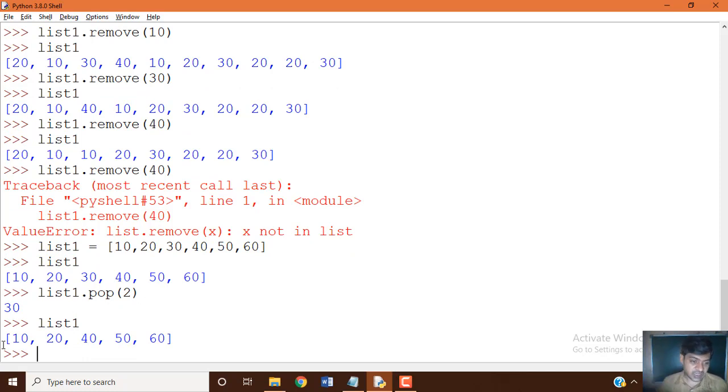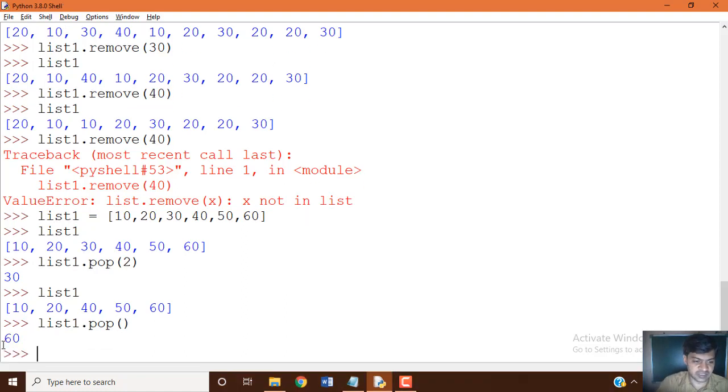In the same manner, without an argument, list 1 dot pop. When you execute it, the last data item of the given list variable will be popped out. In our list, the last data item is 60.